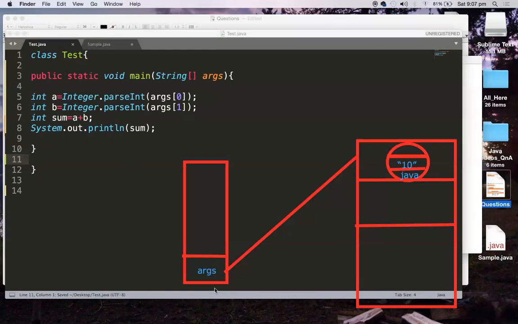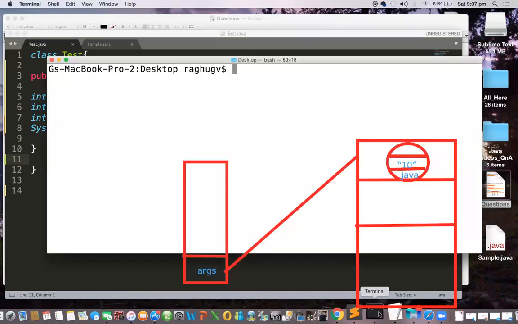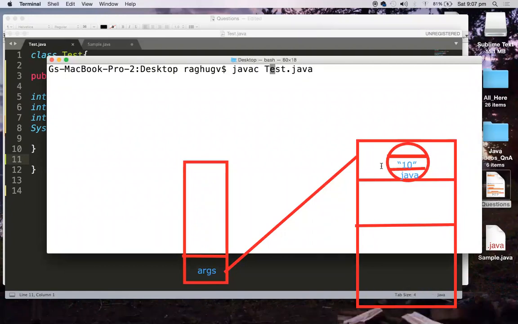So let me go to my terminal and compile this: javac Test.java. Whenever you are giving your class names, you should be clear about your class name. So javac Test.java compiled successfully.